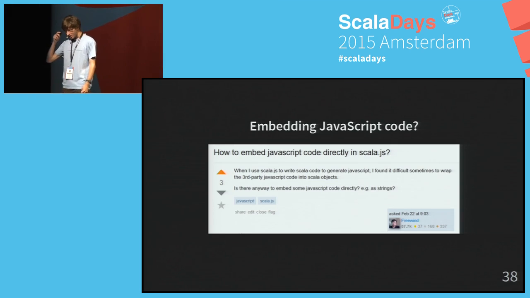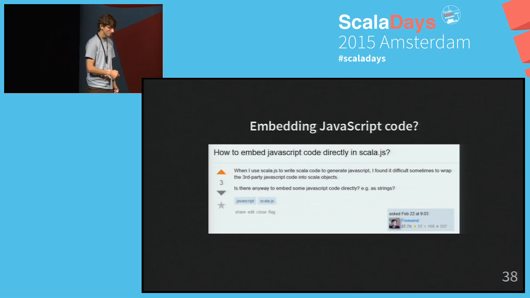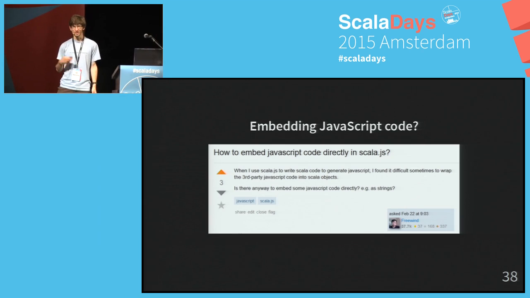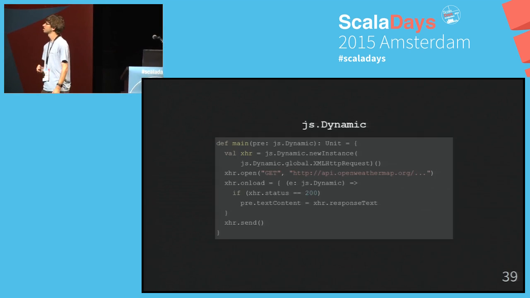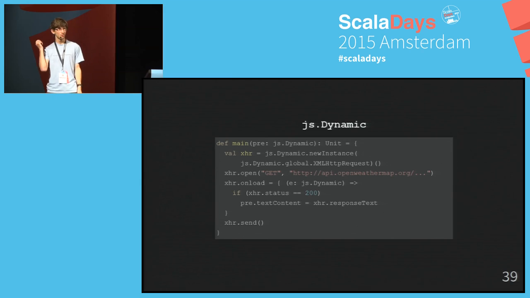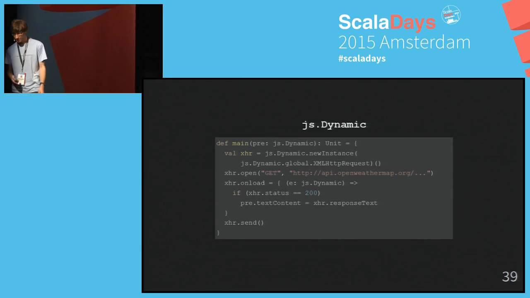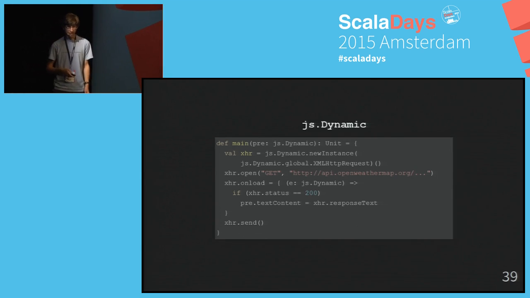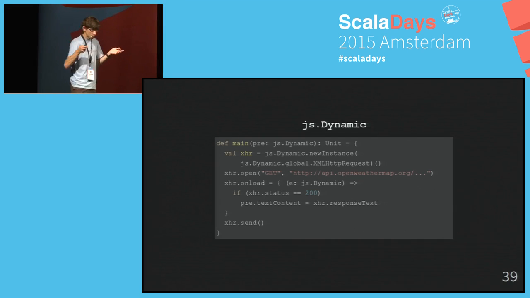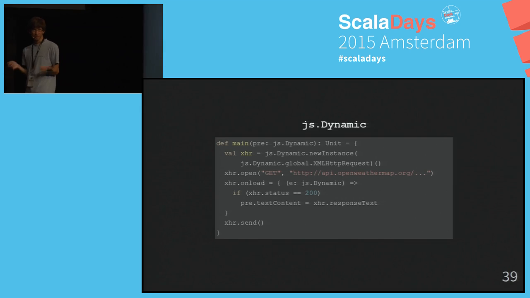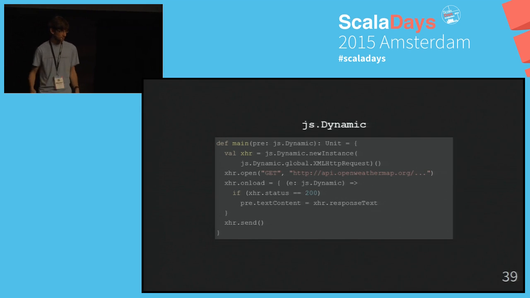So instead, Scala.js strongly believes that it shouldn't let you do this, and instead gives you all the semantics you need to be able to do it while staying in Scala.js. In particular, there is this apparently magical type, which is js.Dynamic. If you went to the previous talk by Richard, he basically showed that with js.Dynamic, you can talk to a JavaScript API without thinking about the types. You're actually writing dynamically typed code, and it will blow up at runtime and not at compile time if you mistype things.